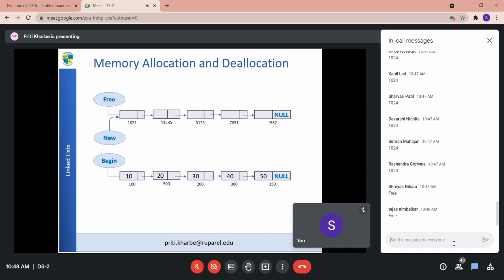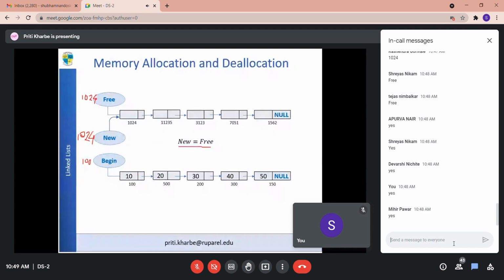It is the first node of the free storage list, right? Free's value will be 1024, and now you are saying new should have the address 1024. So my statement should be new = free. If I write new = free, then only new will have the value 1024. Agree? Yes or no? Now this is done.